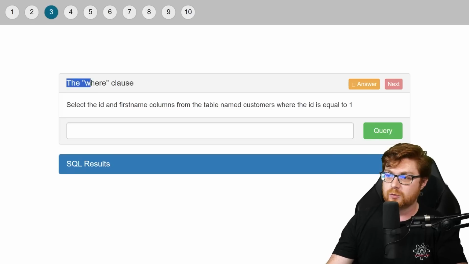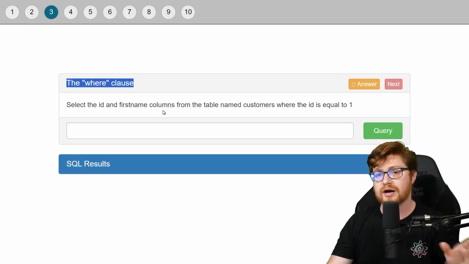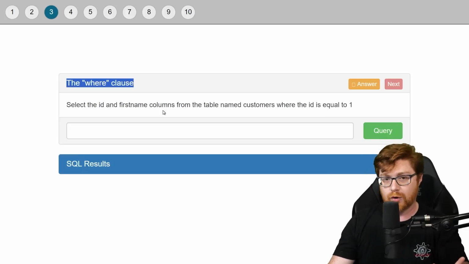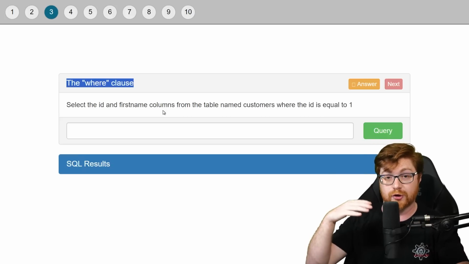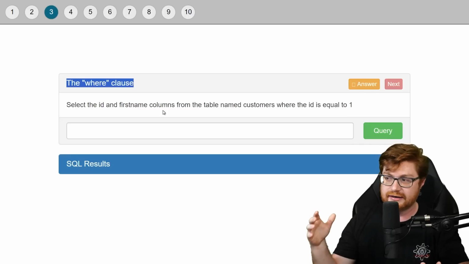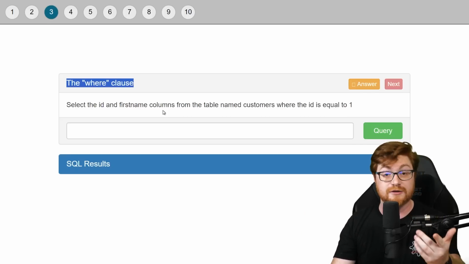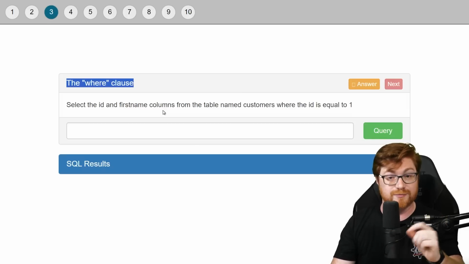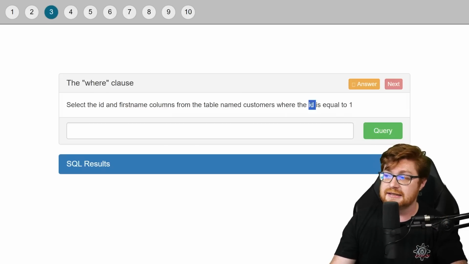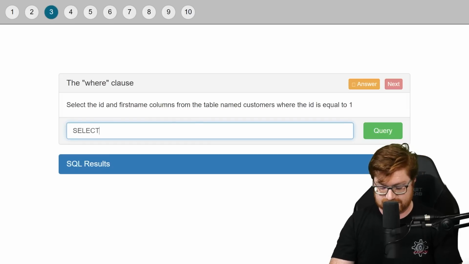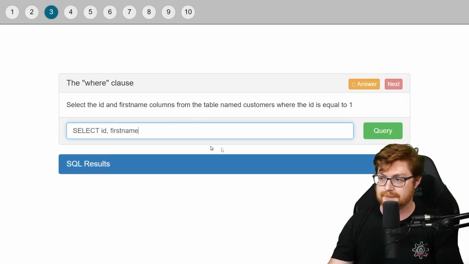And now we have the where clause. This is pretty handy because we can filter or narrow down on what kind of data that we want. Like we saw 3 rows returned just previously, Adam, Bob, and Brian, but one of those had some specific properties, like the different fields or the columns that we might want to specify, like if their ID was just equal to the number 1. Let's say, okay, let's select the ID and first name from customers,